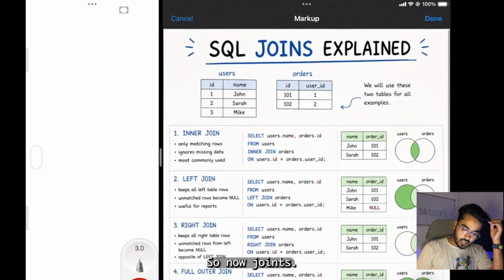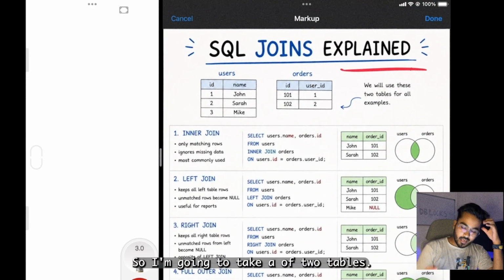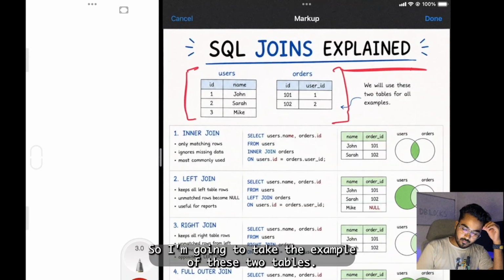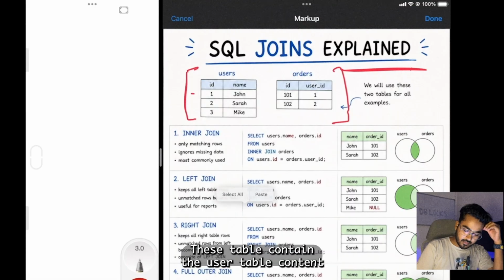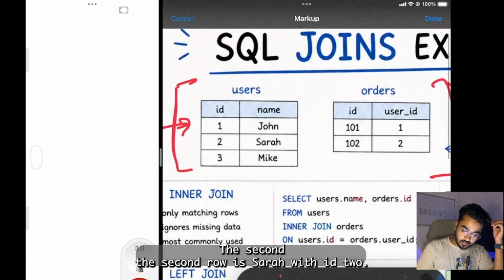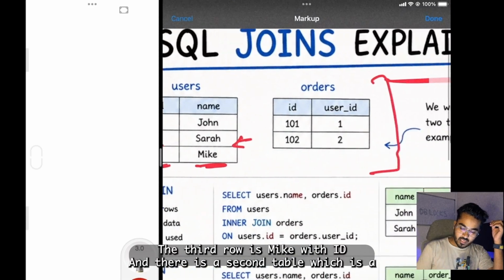Cool. So now, SQL joins. I'm going to take an example of 2 tables, users and orders. The users table contains one user, John, with ID 1. The second row is Sarah with ID 2. The third row is Mike with ID 3. And there's a second table